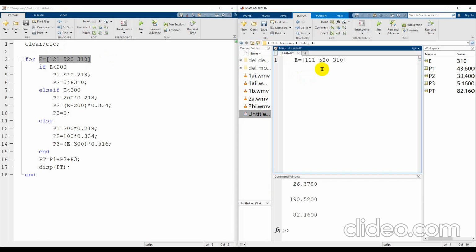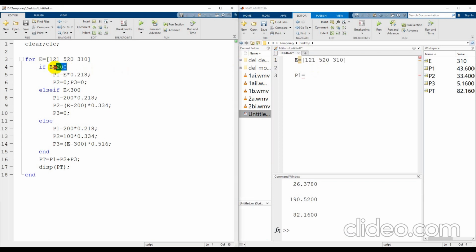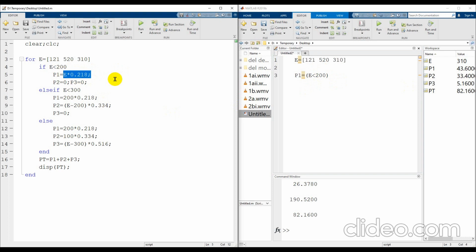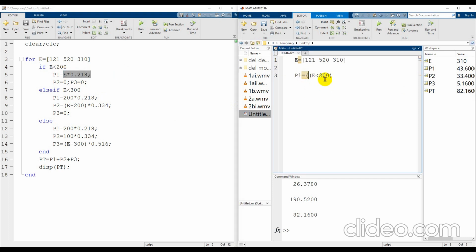So E equals to this one, and then the logic one, P1, so equals to, okay, for this logic, so you just take this value, okay, and don't forget, because you have this one, make sure you put dot. This is an array, not matrix operation. Okay, so you have this one,